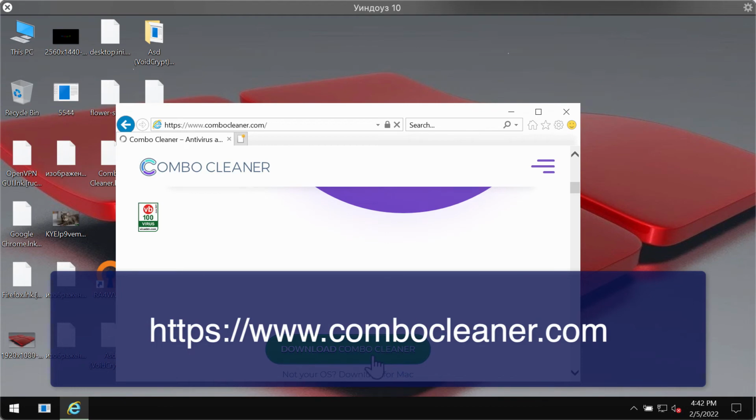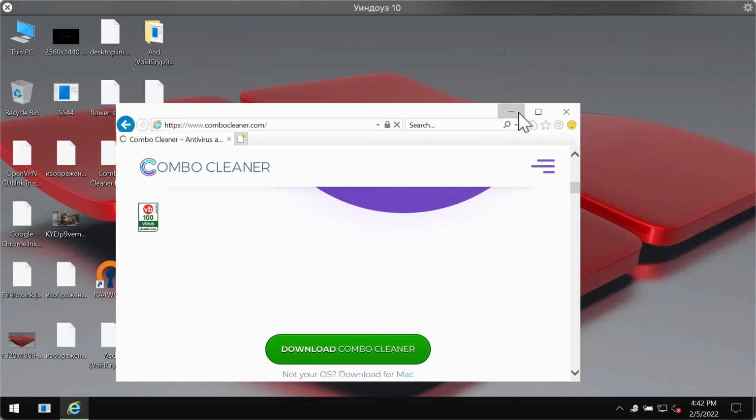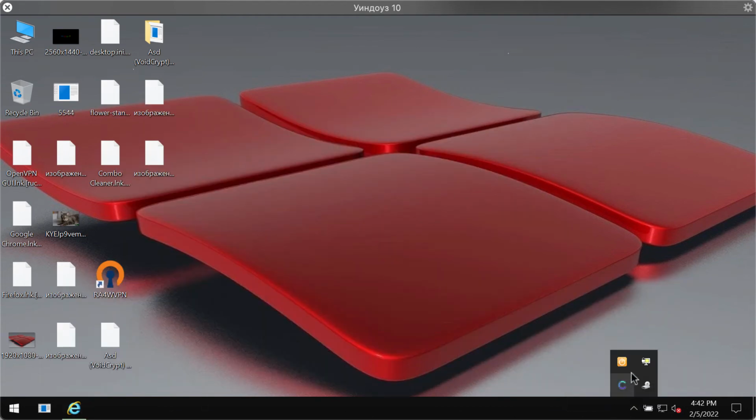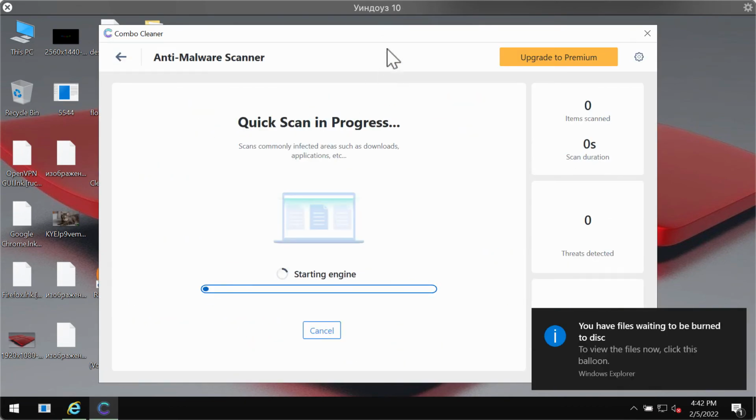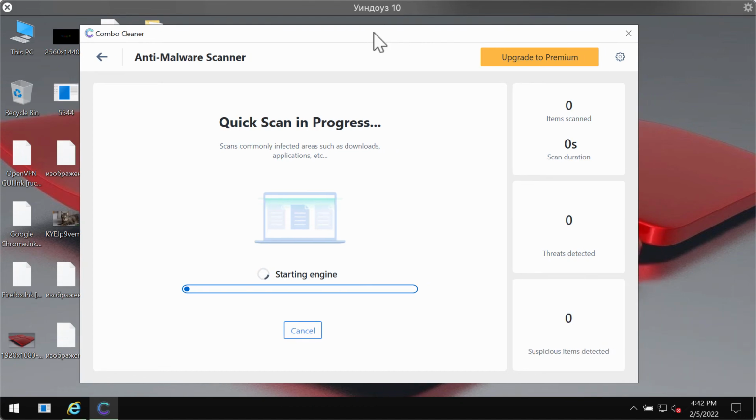combocleaner.com. This is the button to download the software. Install the program and then begin scanning your system. Click on the Start Scan button. The program will begin investigating your system and will soon give you the summary of all threats that were found